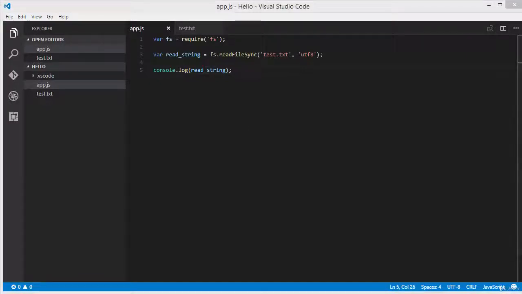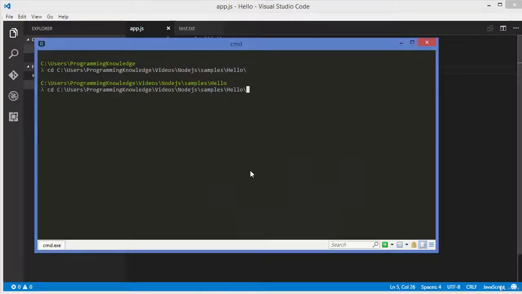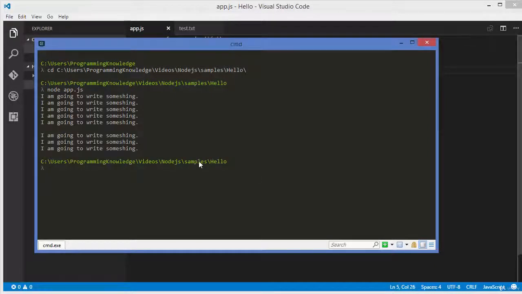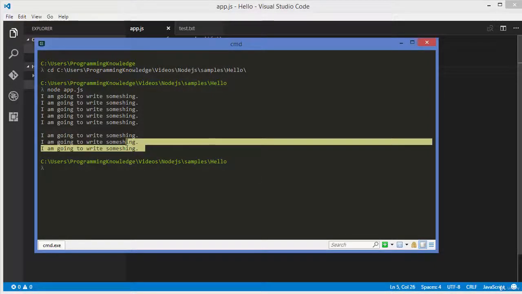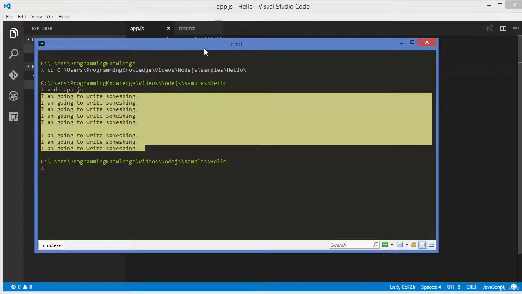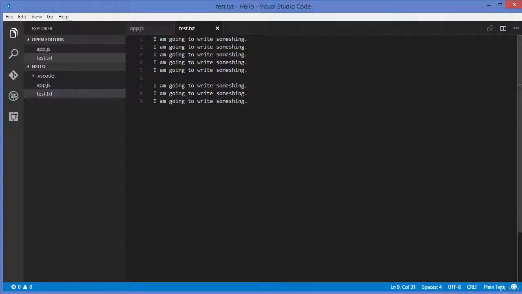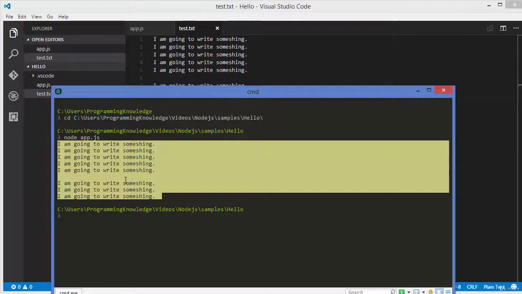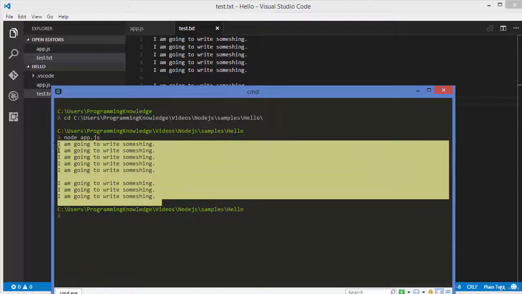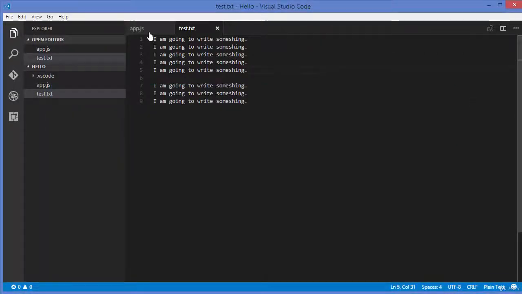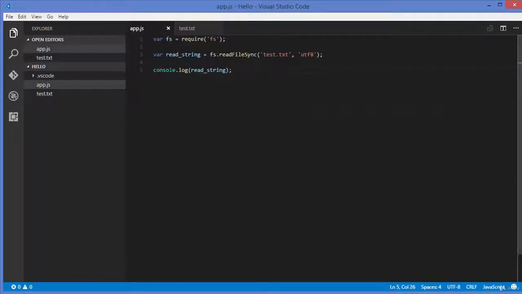So open your terminal and just run it using node app.js, and you can see our file is read. So our file content, let's see what was the file content and what the terminal is showing, right? So same content as the file. So this file system module enables us to read the file synchronously,